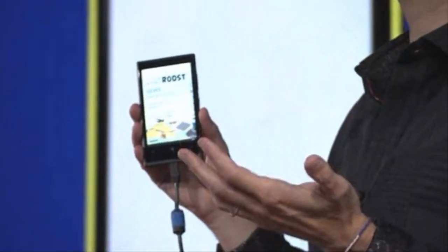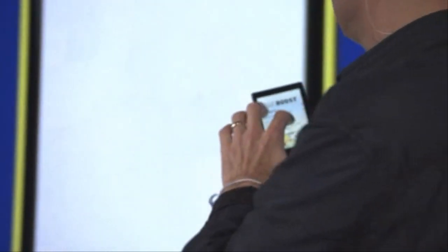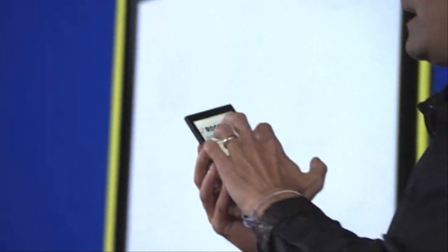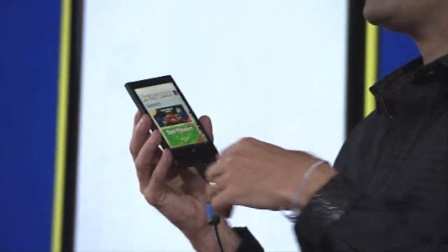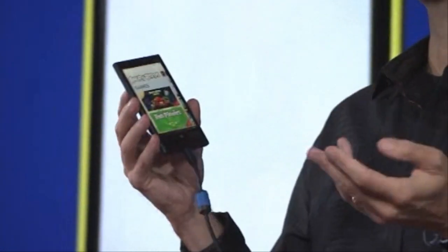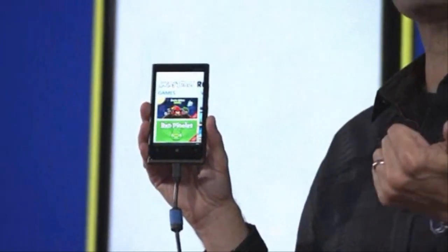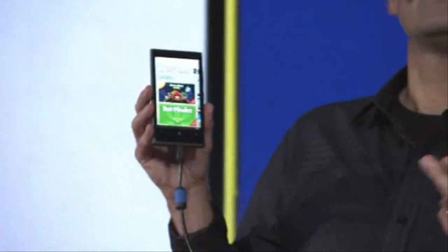News, so this is just a news feed from Rovio of all the latest news in the Angry Birds universe. I can download ringtones and even wallpapers. And finally, of course, I can buy and launch directly from here the games from the Angry Birds universe, including classics, space, seasons, all of which are planned to arrive on Lumia within 2012 together, and with perhaps a few